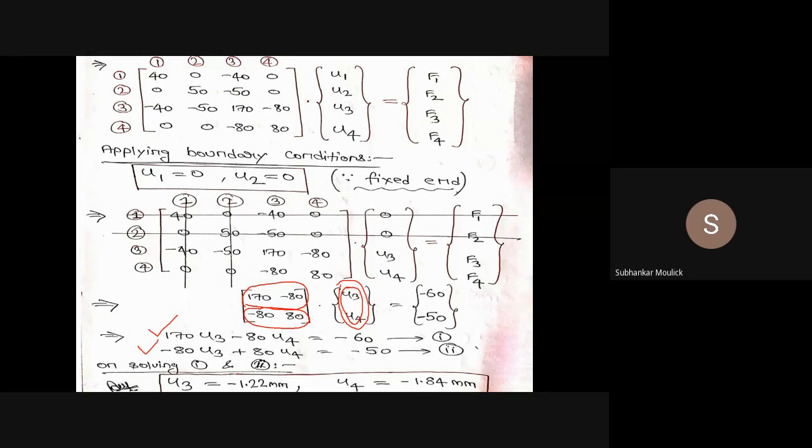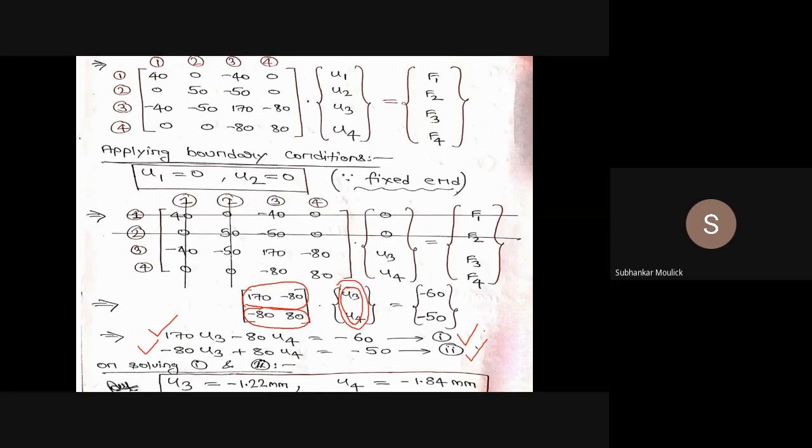Let us multiply it. 170 into u3 minus 80 into u4 equal to minus 60. Similarly, minus 80 into u3 plus 80 into u4 equal to minus 50. That is equation number 1 and equation number 2. If you solve, you are having two equations and two unknowns, that is u3 and u4. If you solve these two equations, you will get the value of unknown displacements at nodal point 3 and 4,